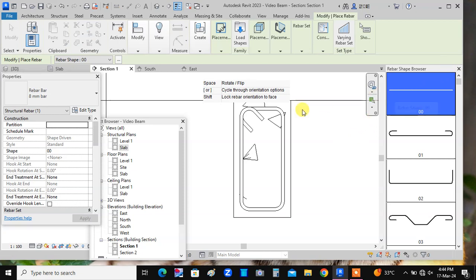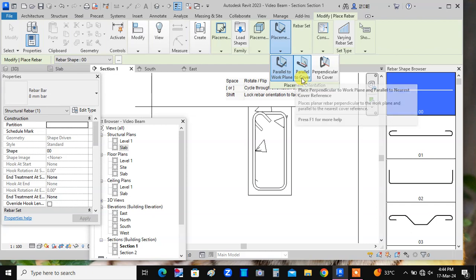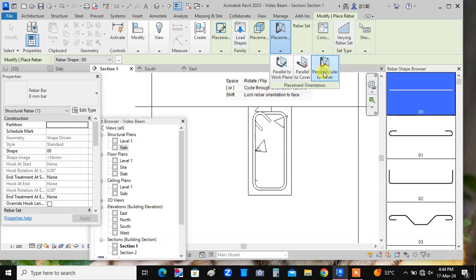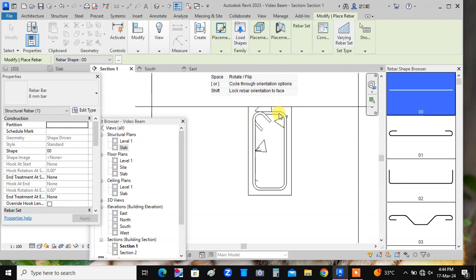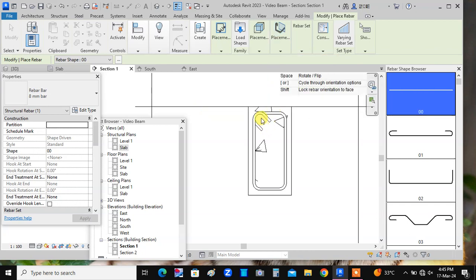Now I will select the bar again and I will place it at proper position. So here to place the bar, we have to again go to the placement tab. Here parallel to work plane, parallel to cover, perpendicular to cover. I will select perpendicular to cover. See, the bar is not visible. So again I will go to parallel to work plane, not visible. Okay. So again